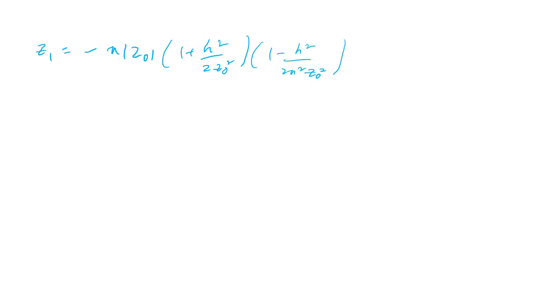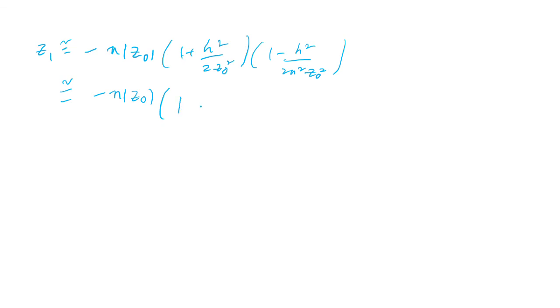so we have Z1 as minus nZ0 times 1 plus h squared by 2Z0 squared, times 1 minus h squared by 2n squared Z0 squared. This is the expression that we derived. Once again, this is an approximate expression, right? So if I go ahead and do the multiplication and again ignore the higher order terms, right? So if I do this,